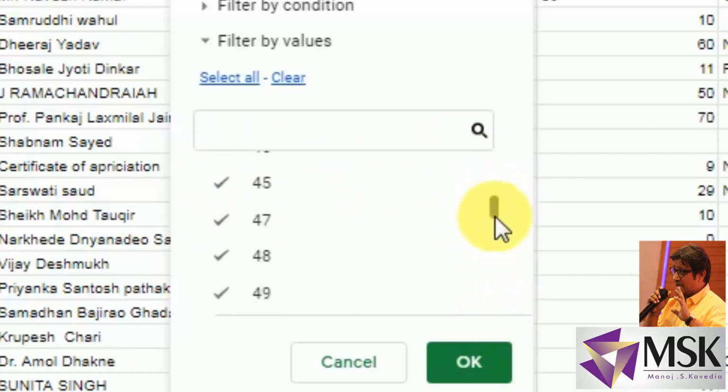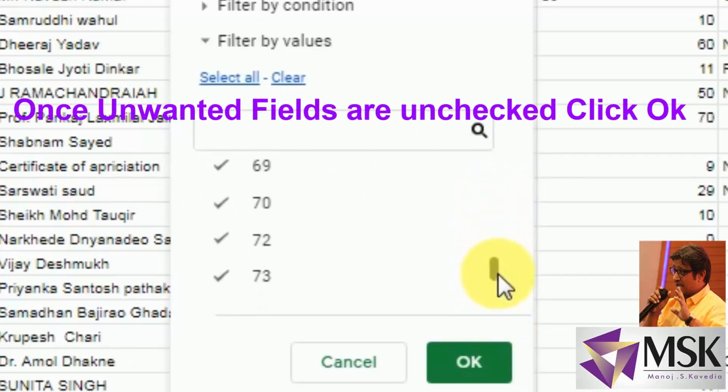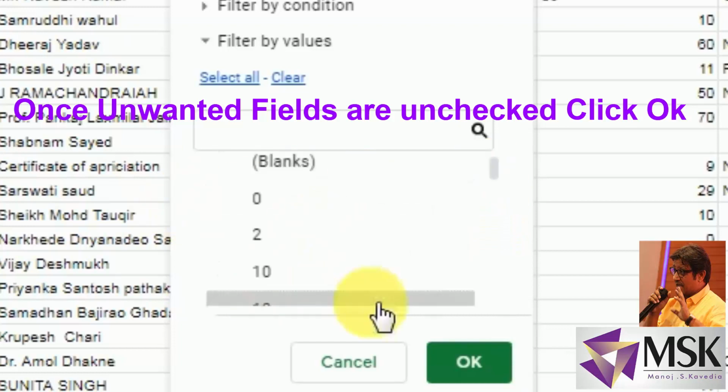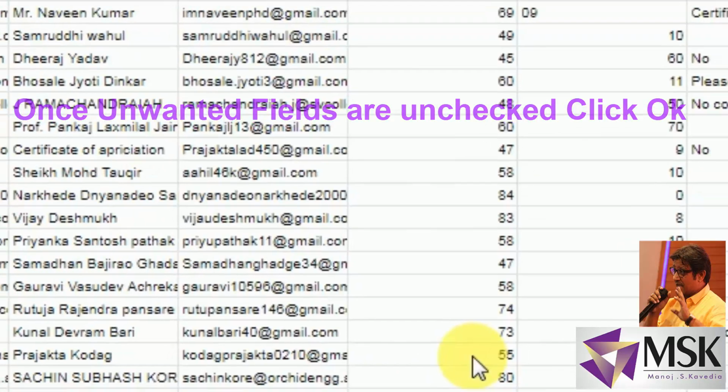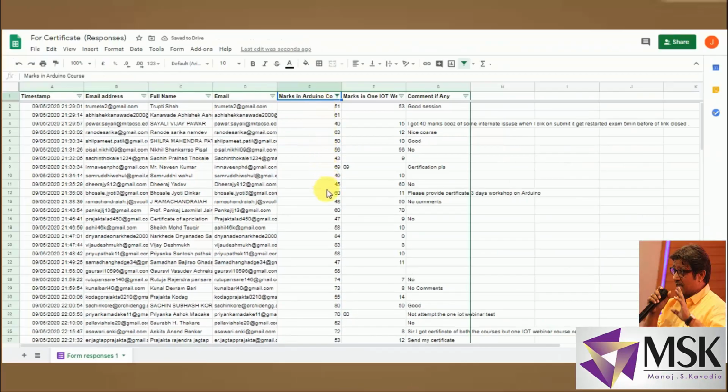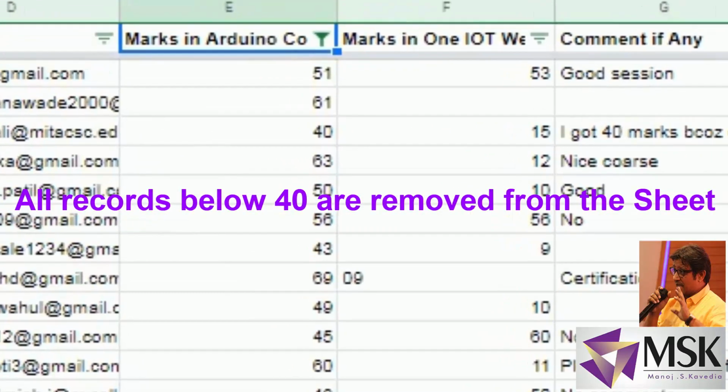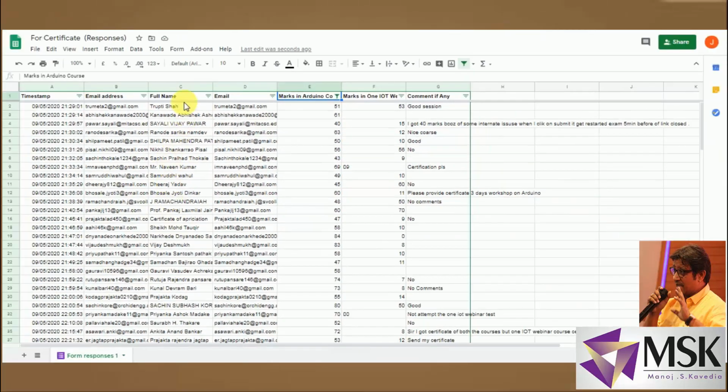So the last check will be 29, and all above 40 are checked, meaning I only have to generate the certificate for them. So click OK now, and we'll continue. You can see now all the entries with marks more than 40 are available, and those less than 40 have been removed.